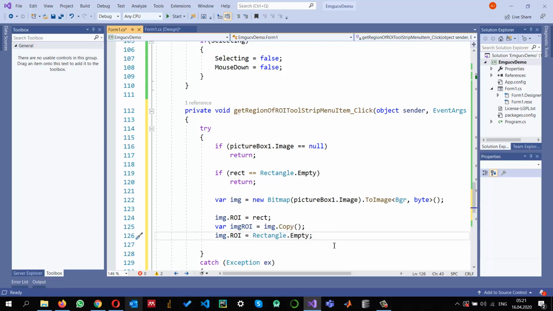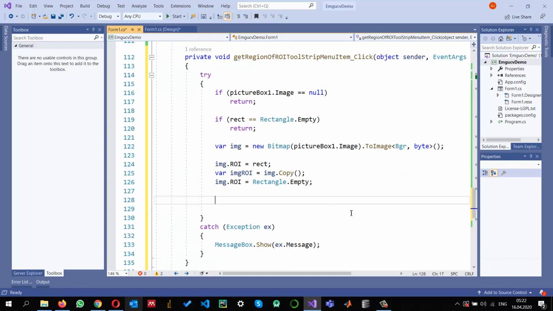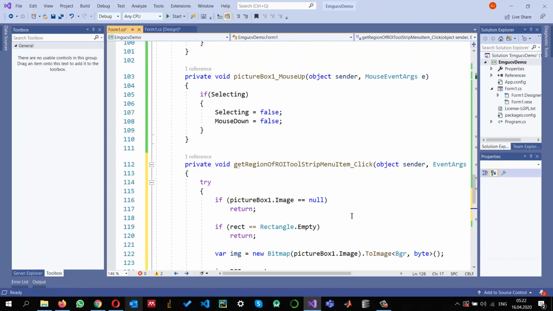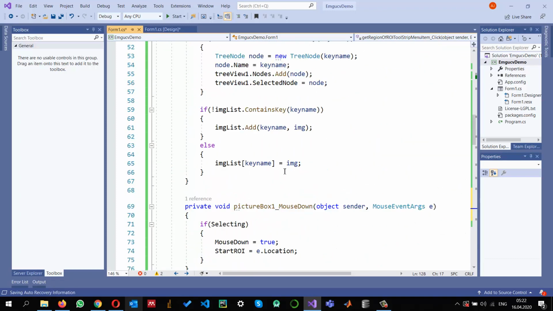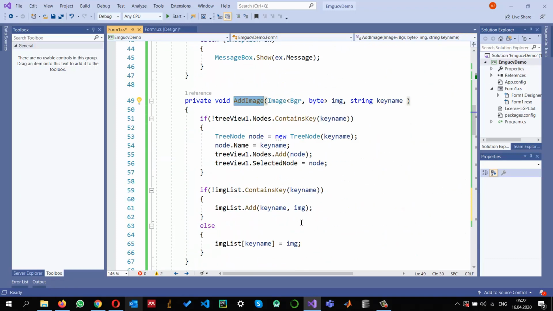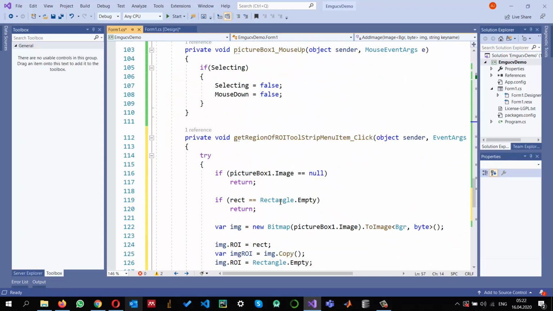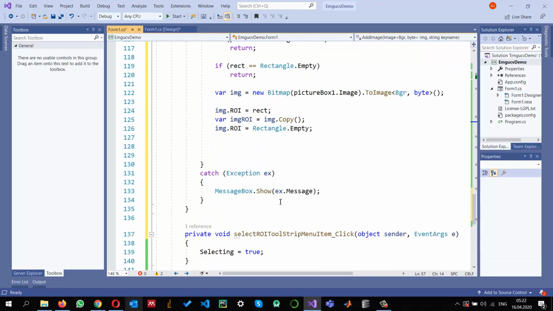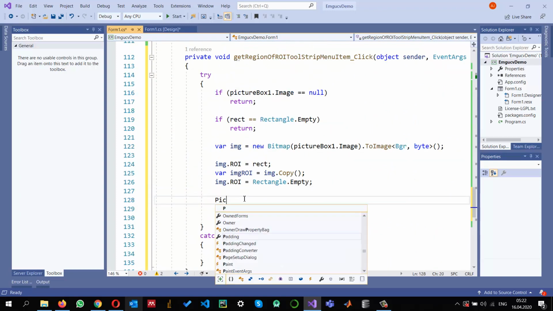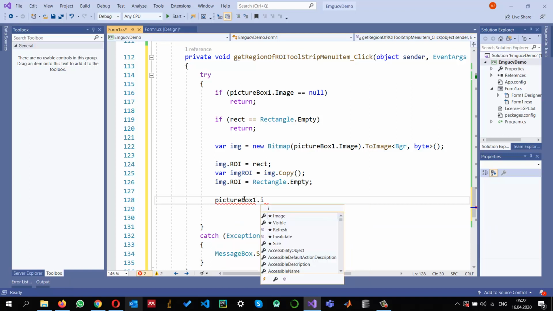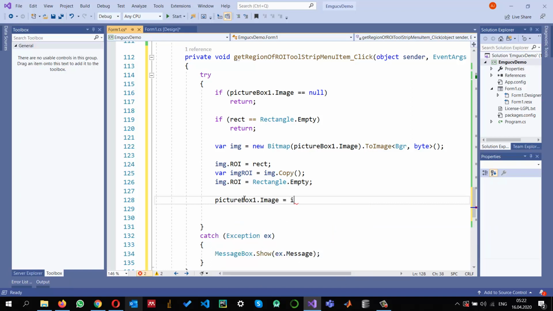So let us display it. Instead of displaying in my, I will display it in my picture box. So I can use my add method function which I have, where I created this one. This one will add this one into my list tree view, and also I will show it here. So let us show it here first. Picture box, so picture box one dot image is equal to img ROI,